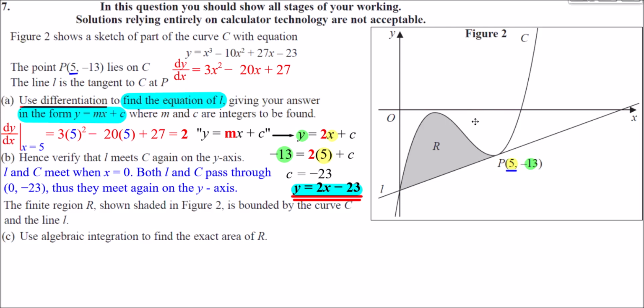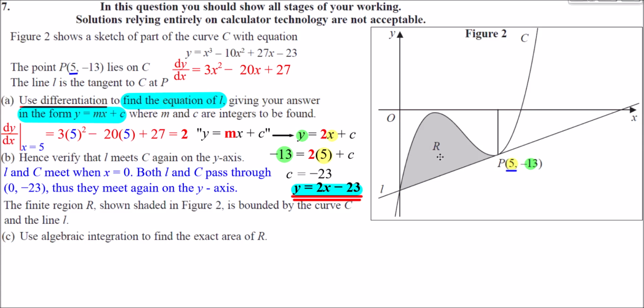I would rather always think of this in terms of geometry. This is just my own preference. I'm not saying it's better or worse. But in terms of finding this area R, let's just think about this in terms of pieces on the graph. So if I just add a vertical line from P going upwards to the x-axis, just to enclose this region R, and then also as well,